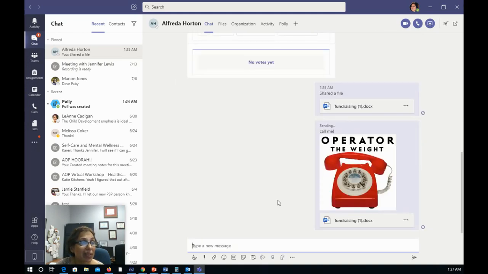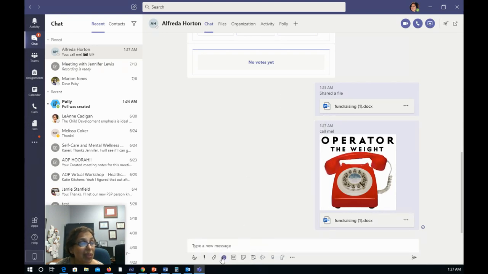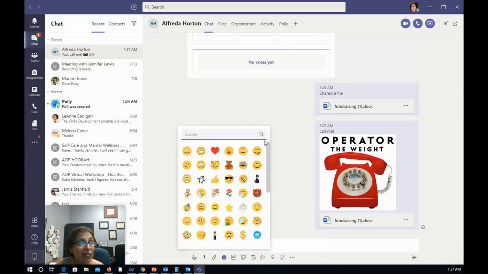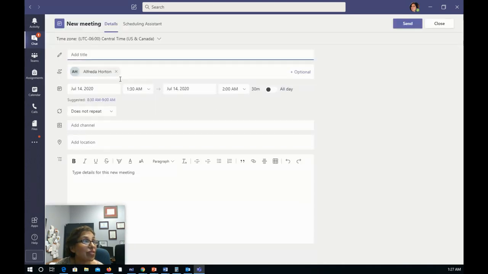If you want to put something like that in there. You can also put in stickers, but that's much more informal, as well as emoticons. You can also go ahead, and I like this the best, is schedule a meeting. You might say discussion